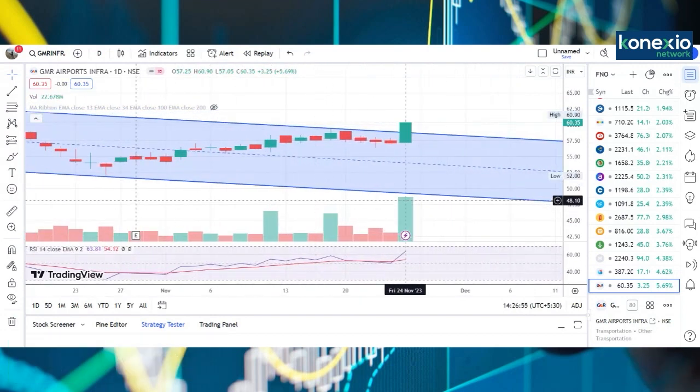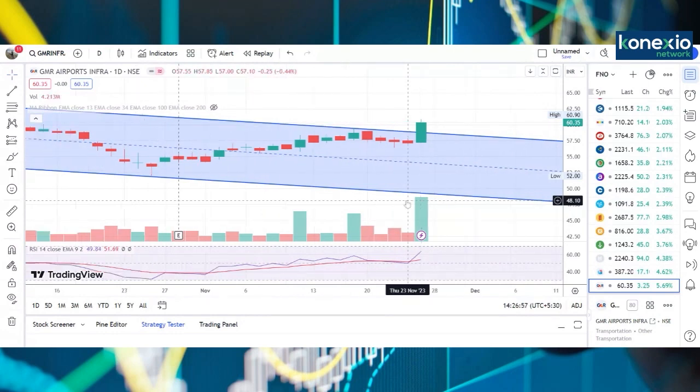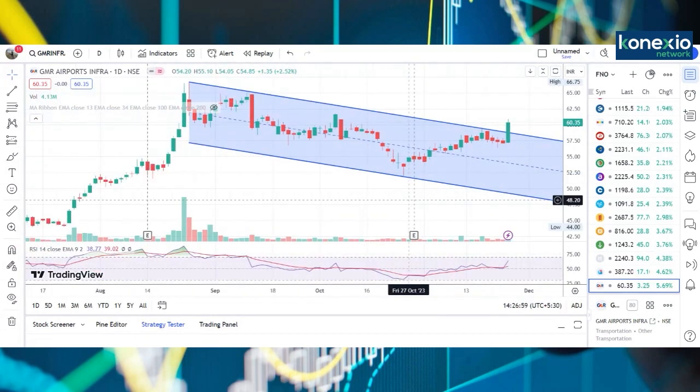You can see the heaviest volume, maybe 2.2 crores of volumes was seen in this particular stock. RSI is also positive. The breakout was supported with strong volumes. So maybe in short to medium term, maybe in the next 3 to 4 months or 2 to 3 months, the stock has potential to give decent returns from these levels. The current market price of the stock is 60 rupees. So the stock is looking good at this juncture.